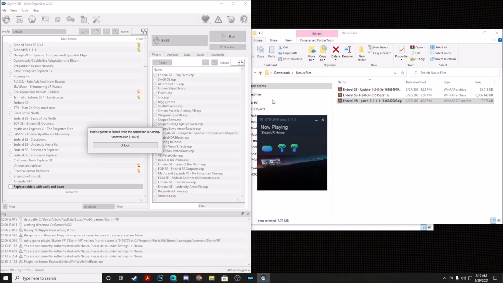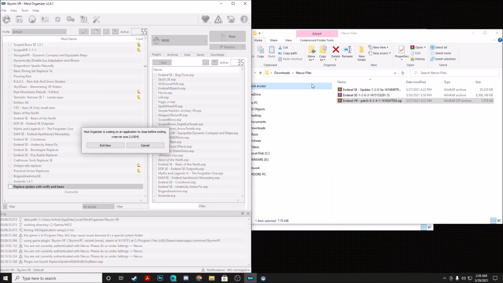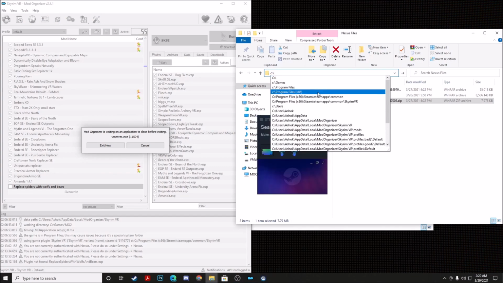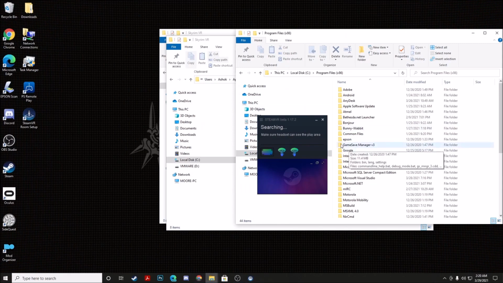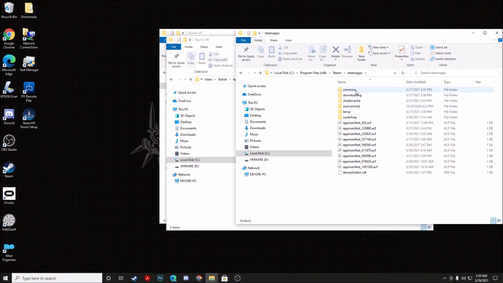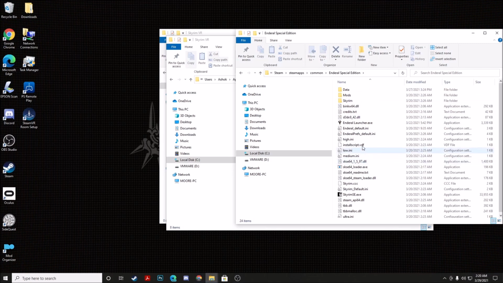Now, I know I did tell you guys earlier in this video I would show you how you can optionally get this game up and running using the Enderal SE files from Steam. If you choose to do that versus downloading Enderal SE from Nexus Mods, what you want to do is navigate to your Steam folder. Again, that's going to be under Program Files, x86, Steam, Steam Apps, Common, and if you've downloaded Enderal Special Edition from Steam, you're going to actually want to